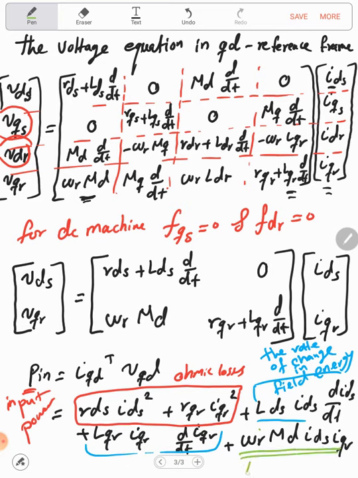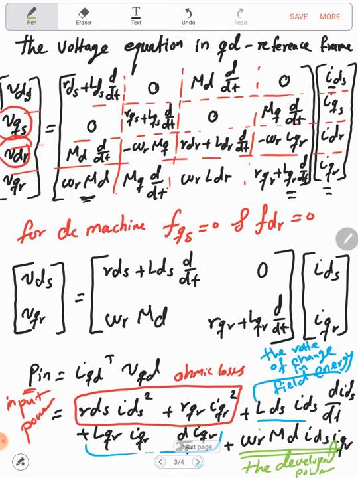Those are the developed power. So we can take here the power developed, which was equal to omega R MD